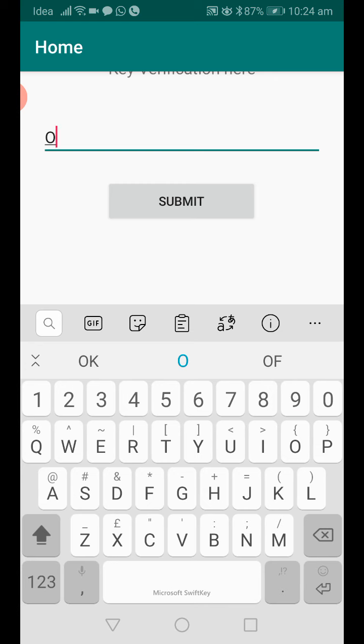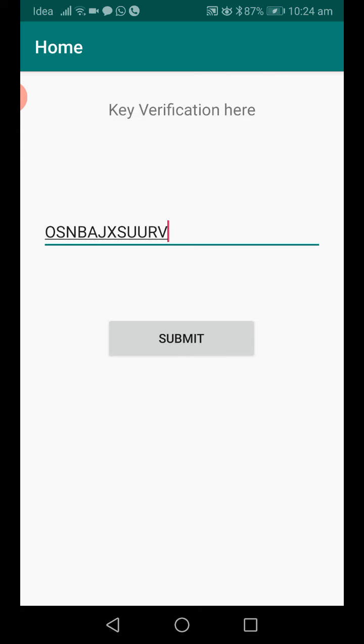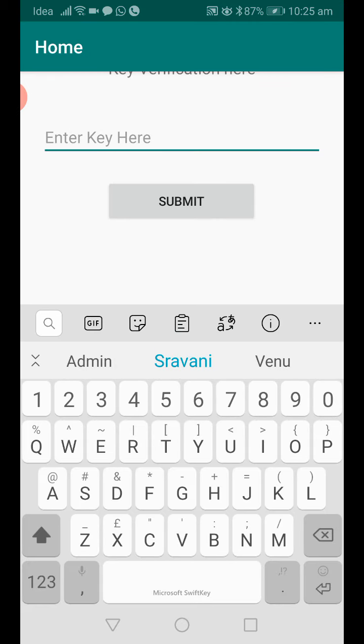Every time I click, we generate a new key. Again, enter a valid key. Okay, fine.